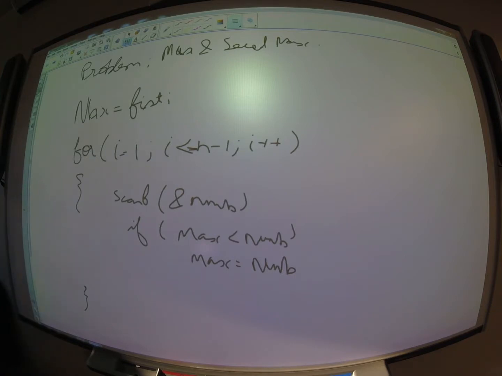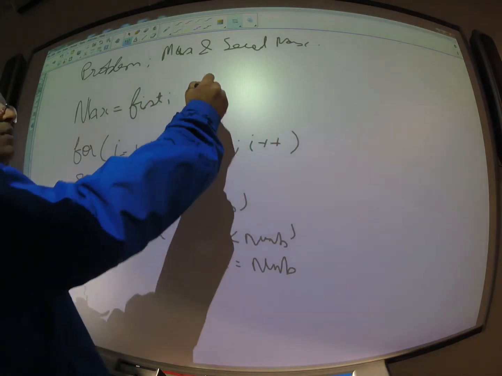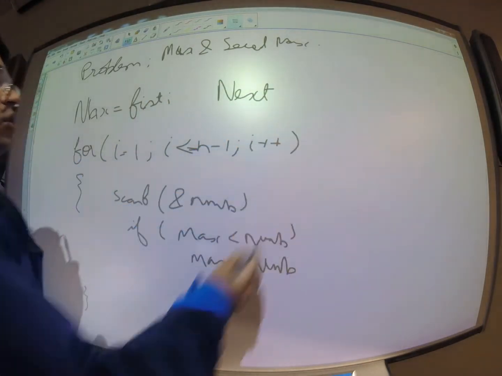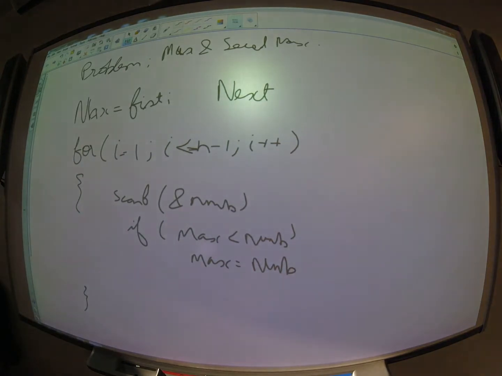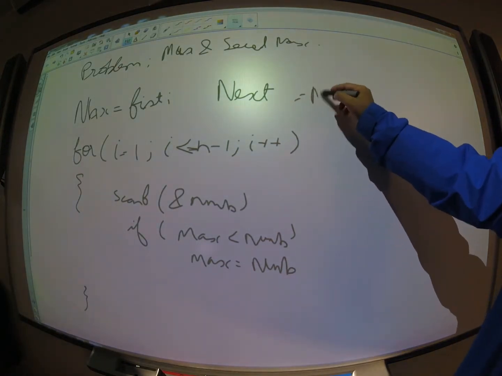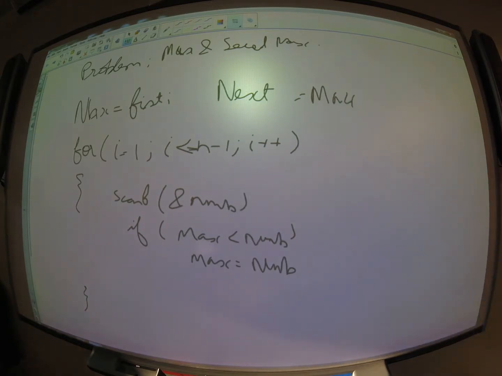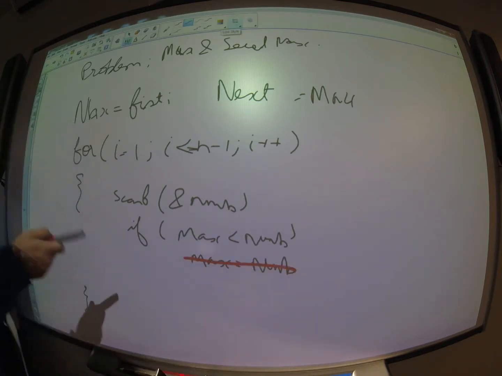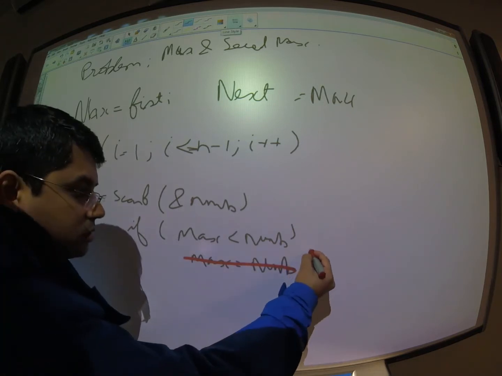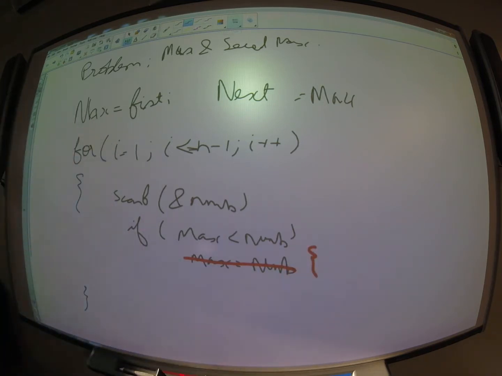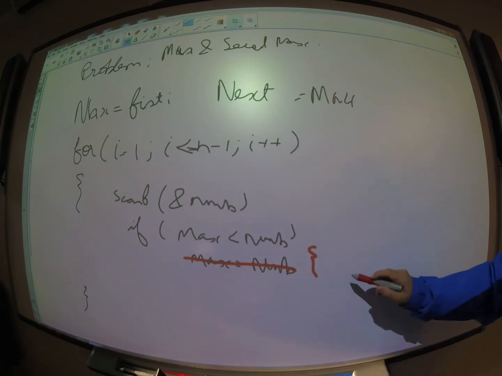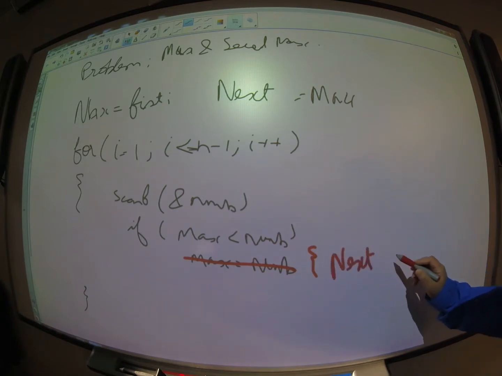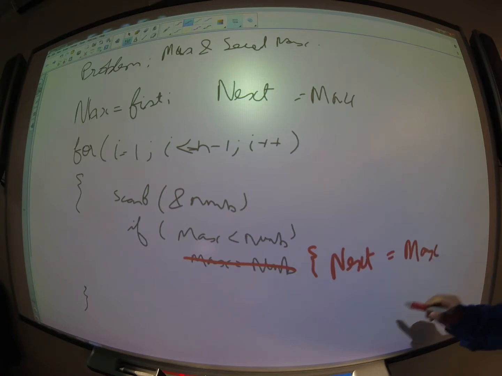So Nathan's solution was have another variable. Okay, that's a simple solution. So I initialize this other variable also to max. So initially both of them are the same, and then we will see how we can update this program. Here, what we will do is, whenever you check for max, all you do is check for second max also. So you'll have next is equal to max, and then